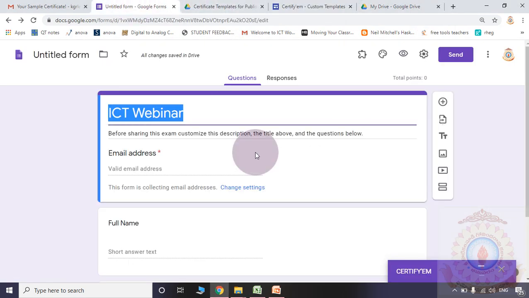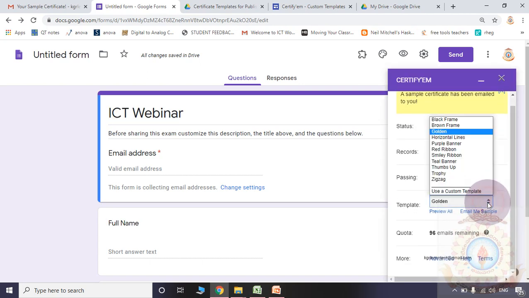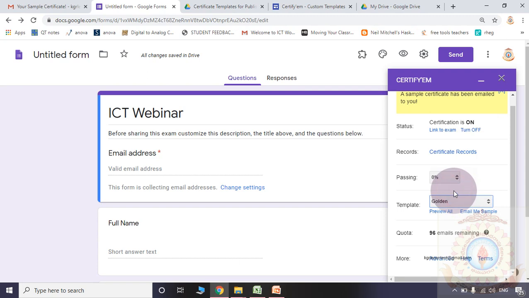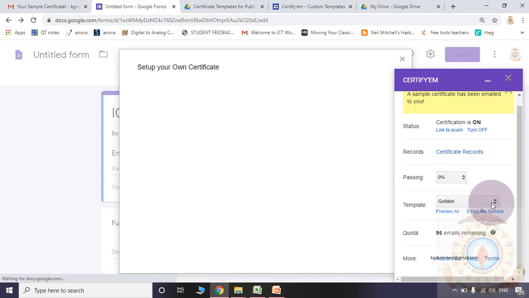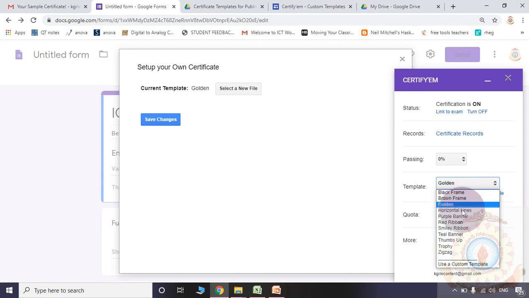So where is my form? Here. Here, instead of golden, I want to use the custom template. Please observe, whenever you click here, all the possible templates will come. But here you select the custom template.